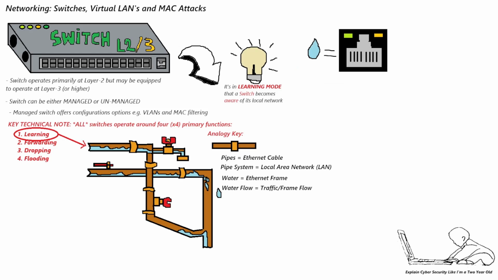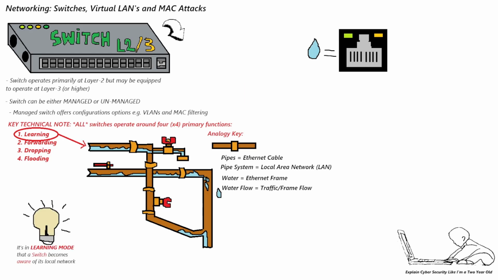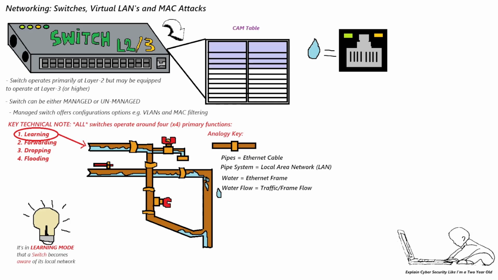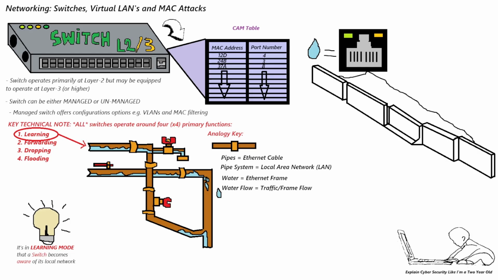So think of the water drop as the Ethernet frame, which goes through an Ethernet port, which exists on the switch. Now the switch receives each inbound Ethernet frame and evaluates this against an internal table known as the Content Addressable Memory (CAM) table. This table stores the MAC address and its associated port number, and also VLAN information, which will be explained later in the video. So, to understand this concept, let's build this illustration out further.